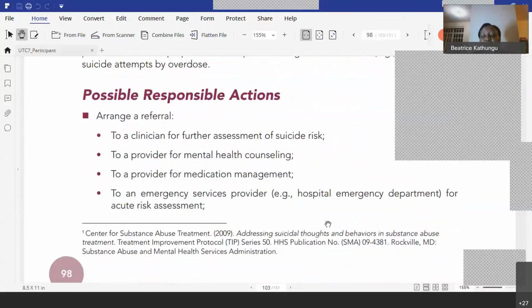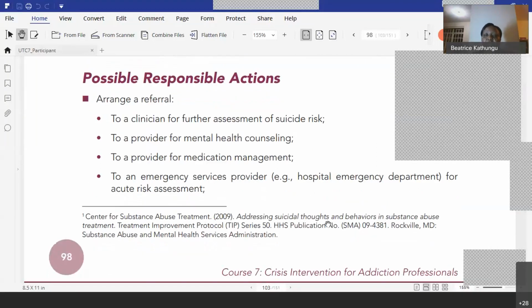I am in the habit of never taking any suicide information lightly, and I always make a consultation, particularly with a psychiatrist. One of the advantages psychiatrists have over counselors and psychologists is that they can provide medication to contain a client, which psychologists and counselors cannot do. So you might want to think about where you refer your clients in your program so that they are